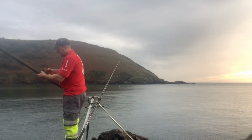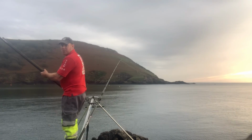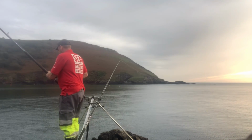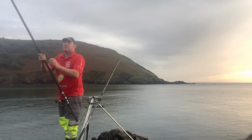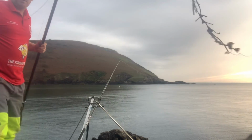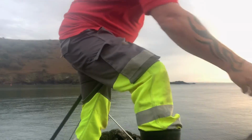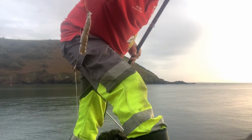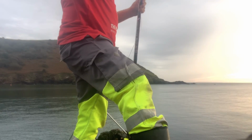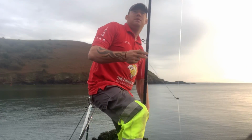Pair of M427 SUs, which I've just had built by Aaron Ensley. Done an absolutely fantastic job, as always. So as you can see here now, I'll bring the hook down to you to have a look at. Got a little bit of weed on there, but the crabs have got at him. Okay. So this really now is